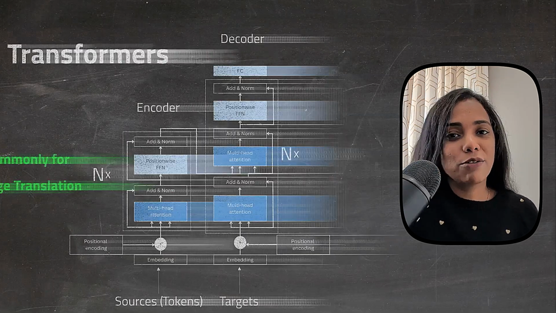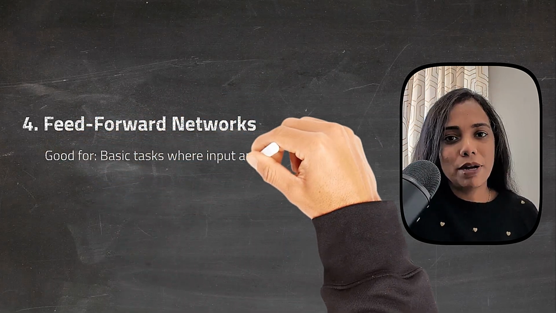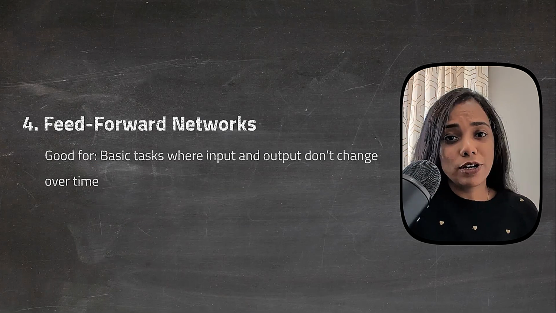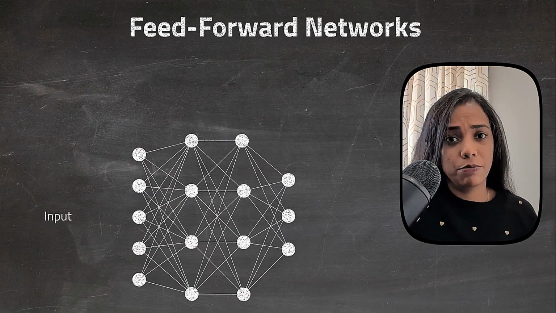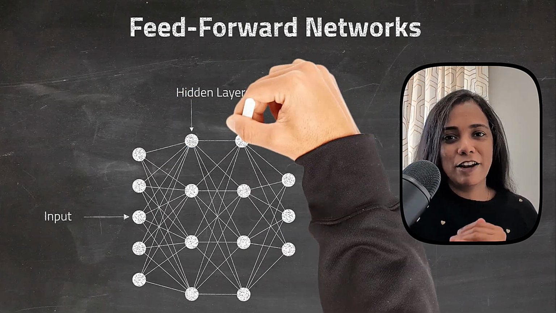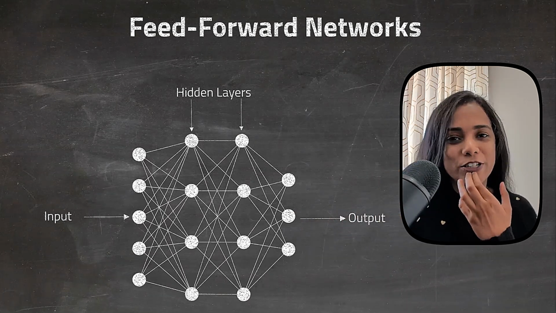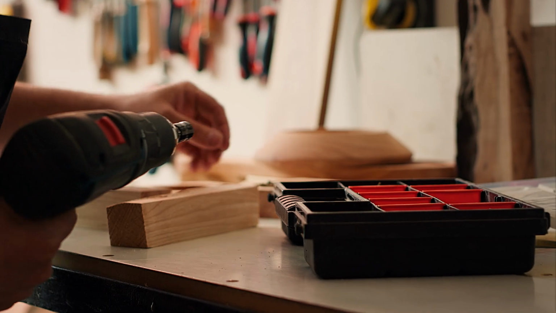The last architecture that I want to talk about is feed-forward neural networks. They're also popularly called multi-layer perceptrons. These neural networks are good at general purpose problems like basic classification or regression. Information flows in one direction, forward from the input layer through the hidden layers and finally to the output layer. There are no loops. There are no special filters like convolution or anything like that. It's very straightforward. So each type of architecture is like a different tool in a toolbox. You pick the best one suited for the job at hand.